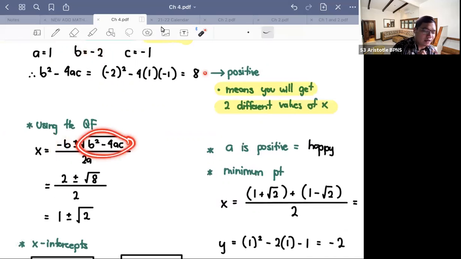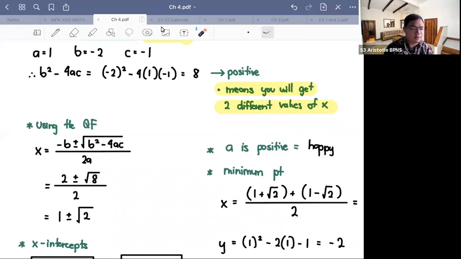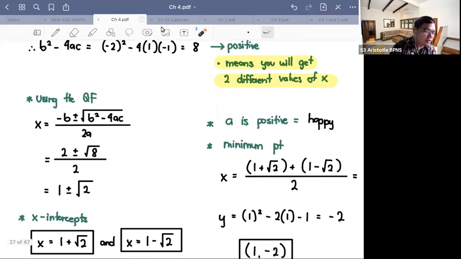Okay, so it's 8. From your discriminant, we know that it's the square root of 8. So you don't have to do it again. It's already here, so you just plug in the square root of 8 and that's it. And then over 2 times a. So it's 2 times 1, so it's still 2. All right, and then simplifying this in your calculator, you will have